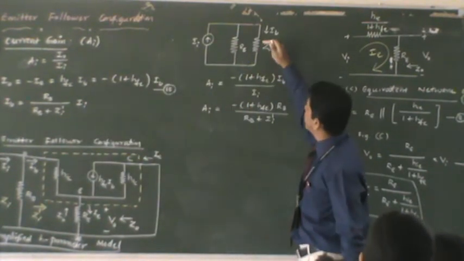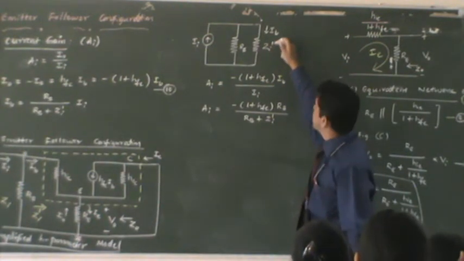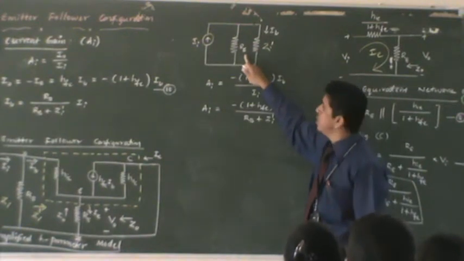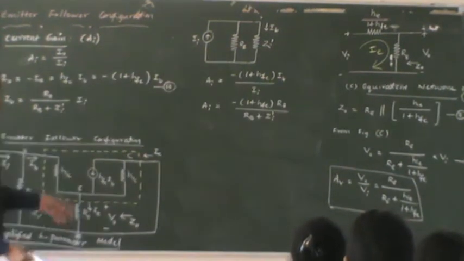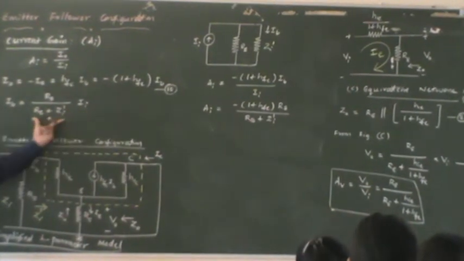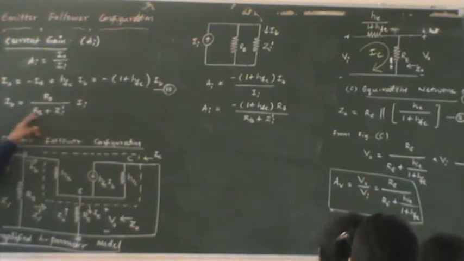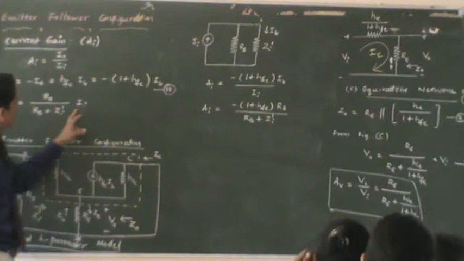Now you can apply the current division rule for this. Current flowing here through the Zi dash, IB, is nothing but source current II multiplied with the resistor RB divided by the sum of these two resistors. That's what we do. IB is equal to RB times II divided by RB plus Zi dash. You can see that this formula is relating base current IB to the input current II. As I told you, IB and II are not equal, because there is a term in between them. So IB is equal to this particular term times II.